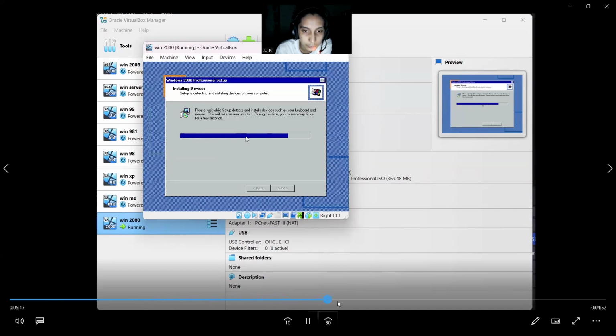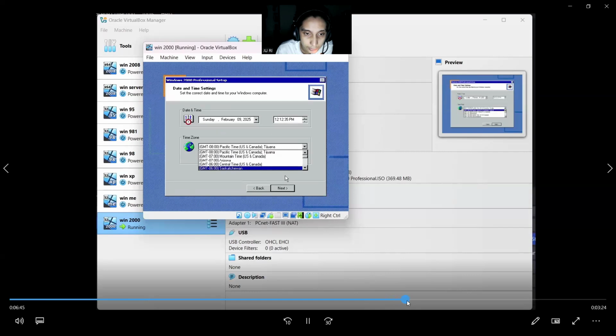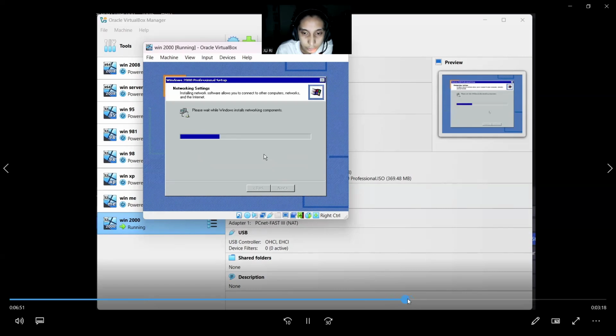Skip, skip, skip. Okay. After that, before the product key, you need to enter your name and then the password for your Windows 2000 server. Okay. Enter the product key. After entering the product key, click next. Then, okay. Set the time to GMT +8 Beijing. Since we are in the Philippines, you need to match the time for your Windows 2000 server to work. Okay. After setting it up,